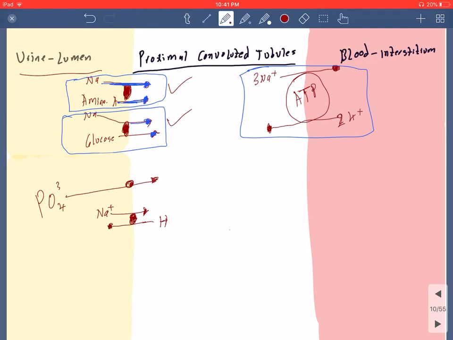This is needed for the reabsorption of bicarbonate, okay? In order for us to reabsorb bicarbonate, we do need hydrogen. Now, about 80% of bicarbonate in the urine is reabsorbed by the proximal convoluted tubular cells. And this happens by this reaction right here. Whenever we have hydrogen and bicarbonate here, they both attach together, okay? Now this is gonna just give us